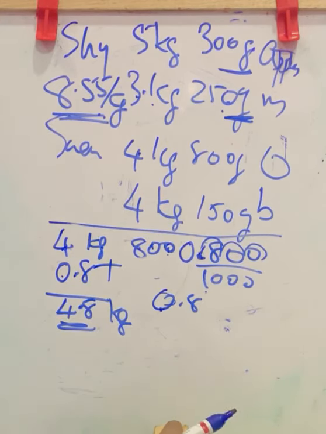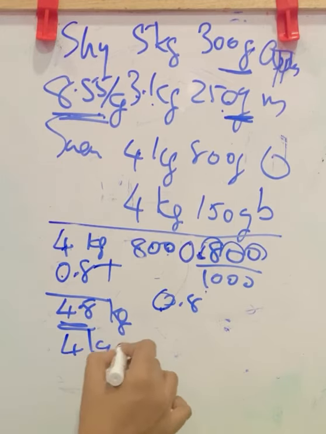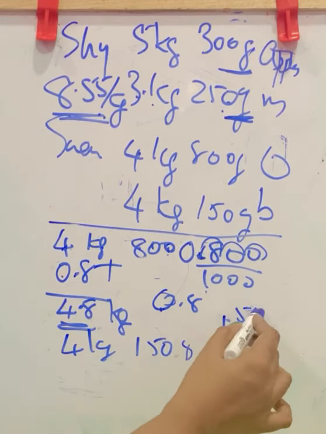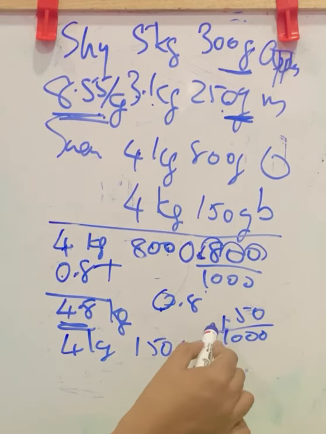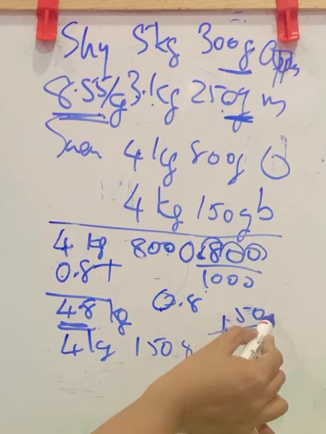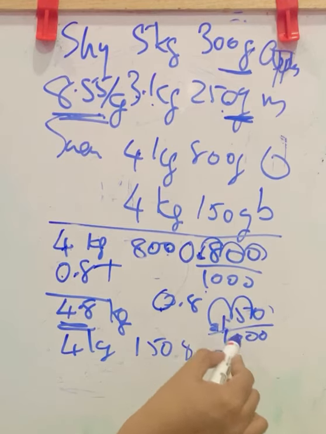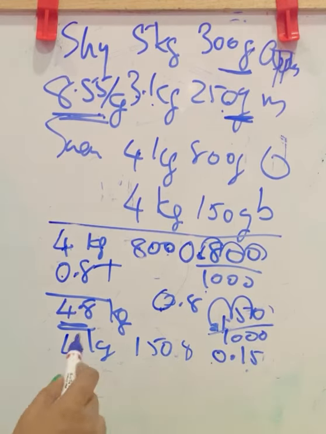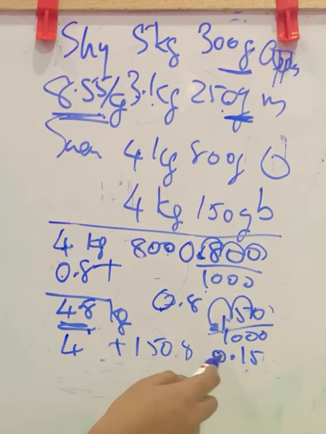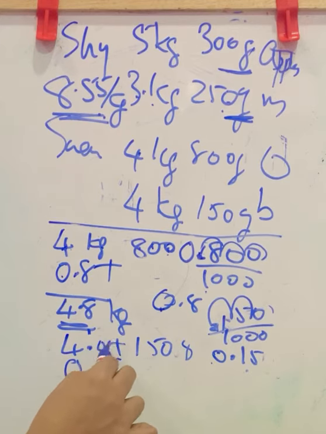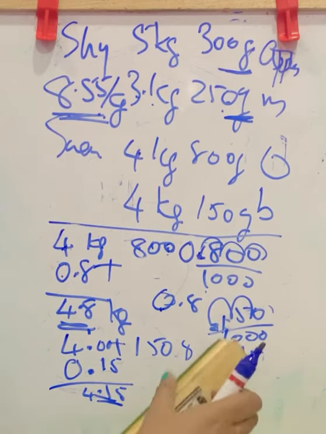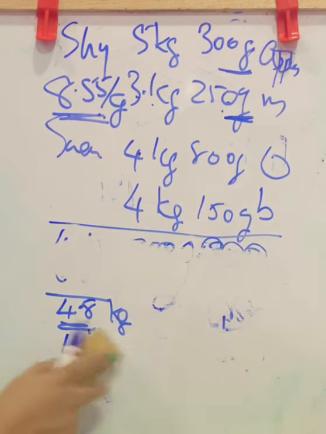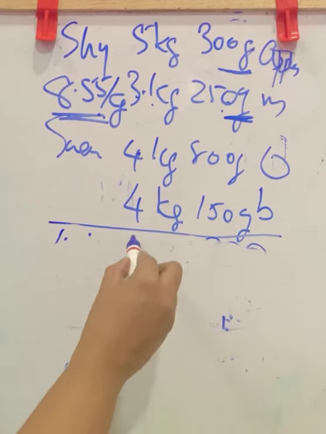Now next is bananas. So 4 kilogram and 150 grams. 150 you want to convert by division by 1000. The decimal reaches here, 0.150. Don't write the 0 at the ending part. You can write 0.15. Now 4 kilogram plus 0.15. Write 0 under 4. Decimal is here, 15. If you want, you can put 2 zeros here. Now add 5, 1, 4. 4.15. Now her total weight of fruits is 4.15 plus 4.8.